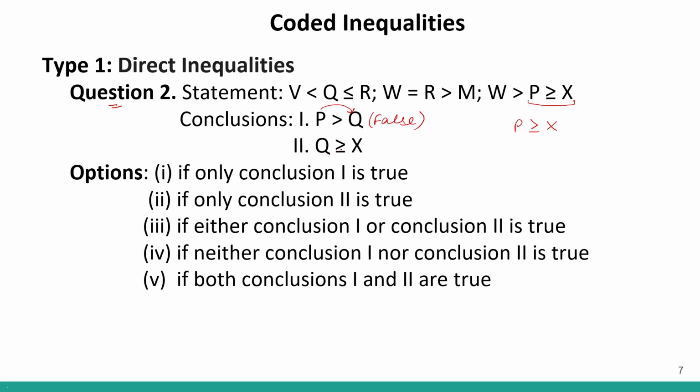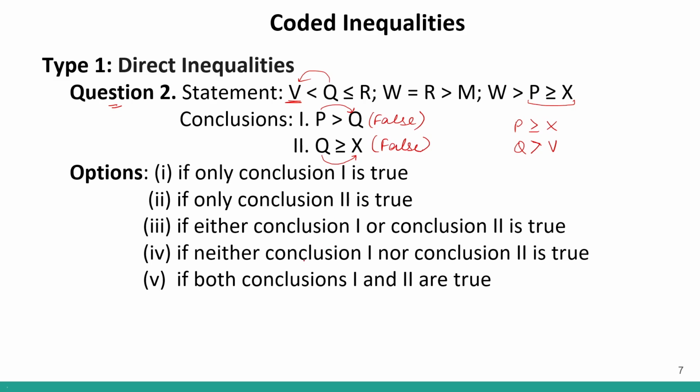Now I will follow the same approach for Q. So Q is greater than or equal to X. We will start from Q and go to X. Here I can see that Q is greater than V, correct? And can I find the relationship between V and X? No. I cannot find a relationship between V and X in this statement. So here also we cannot find the relationship between Q and X because there is no more link to follow. There is no relationship of V with any other element. It is not given in the statement. So this statement will also be false.